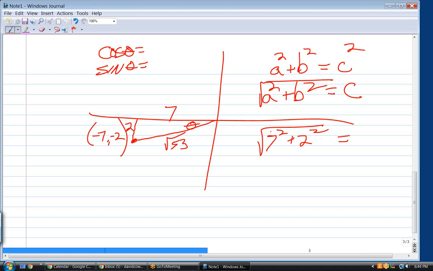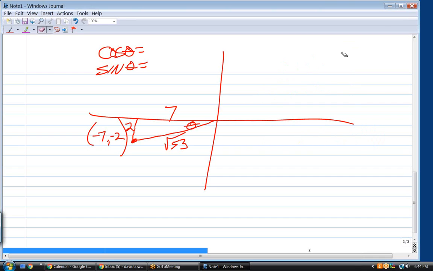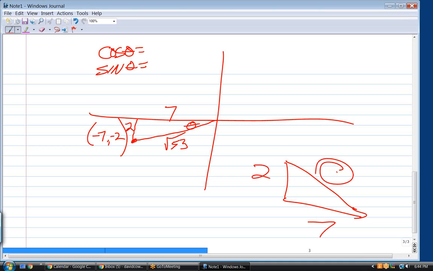Okay. So yeah, I understand the Pythagorean theorem. I just didn't understand how to get the sides. Yeah, this is not the unit circle. This is a point on the XY plane, and it's mainly a triangle problem. They could have said the exact same thing if they'd said, here's a triangle, and this side is 2, and this side is 7. What's the hypotenuse? And then, once I came up with root 53,